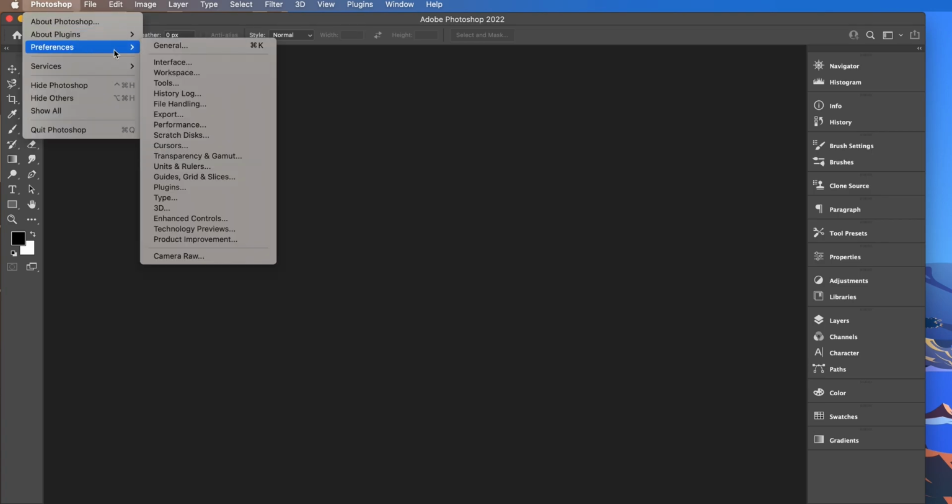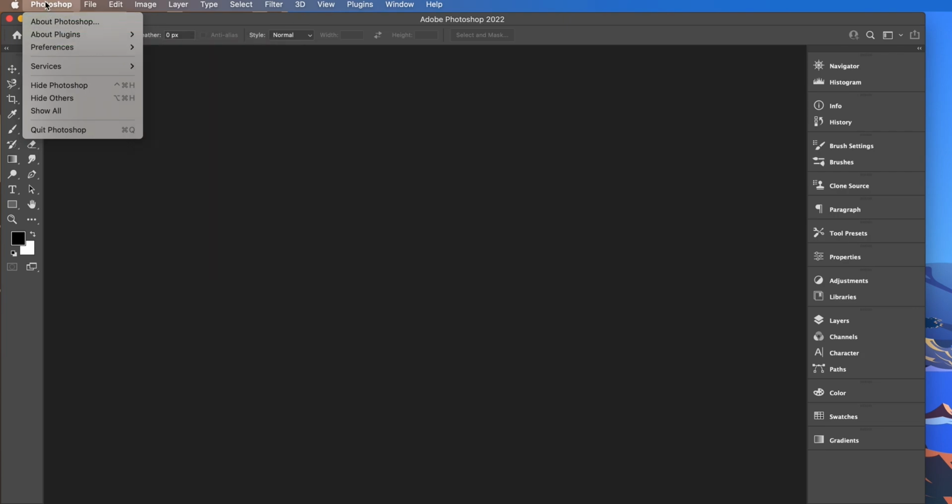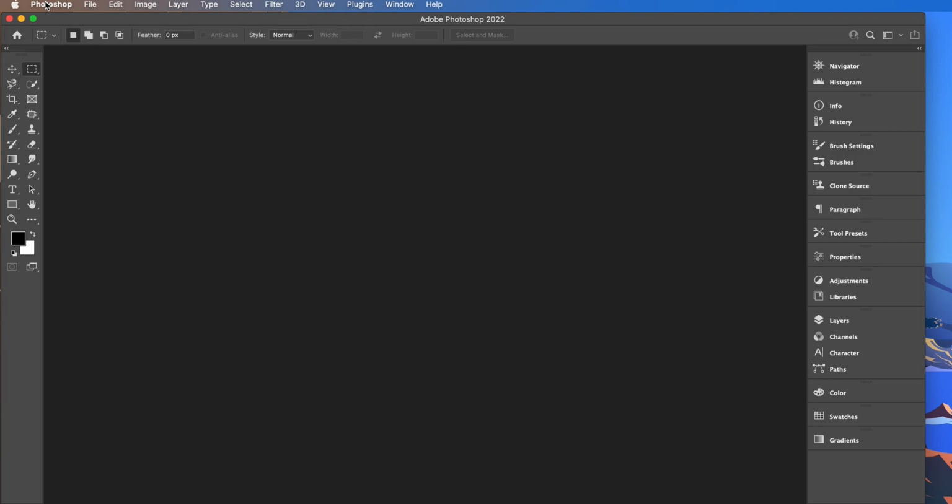Preferences, and this is how we go and fine tune some of the settings. Preferences is up here. On a PC, I believe it's called Options, and I can't remember where that is. It might be under Edit, but I'm sure you'll be able to find that yourself. The other difference is that keyboard shortcuts can be a bit different, but we won't let that worry us at